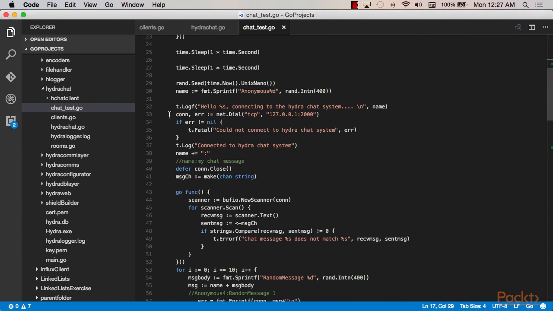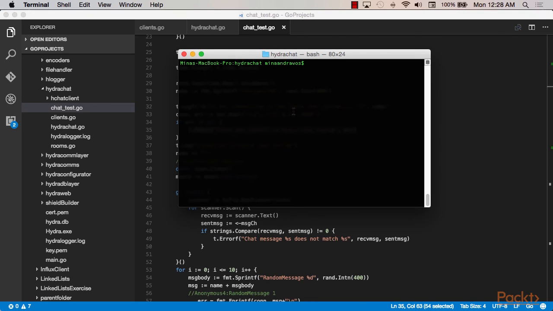Now how about we make a change to our code to see a test fail and inspect how the output looks like. So in our case, let's change the port number that the client is trying to connect to 2000, where no chat server is listening. So by doing this, this call should fail, and it should invoke the t.Fatal call here. So now back to the Hydra chat folder. If we run go test,